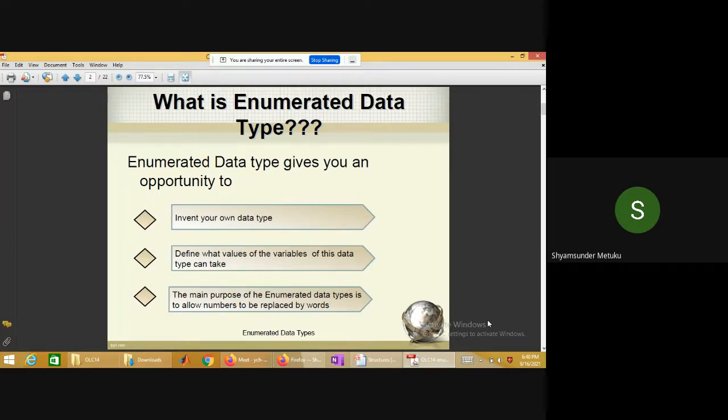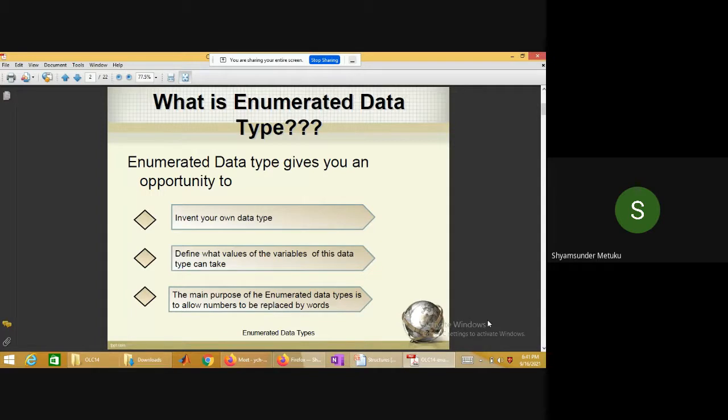The third point is that the main purpose of enumerated data types is to allow numbers to be replaced by words. If I ask somebody to submit an assignment, which is easier to remember: day 3 or Wednesday?